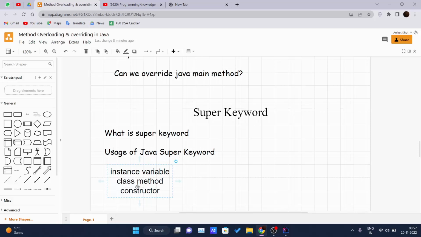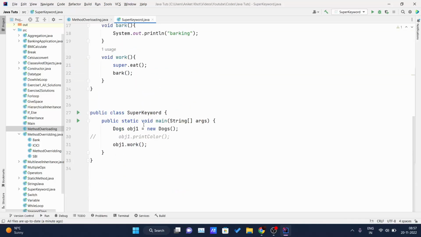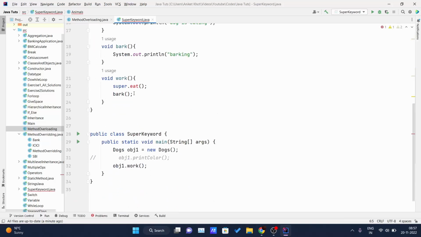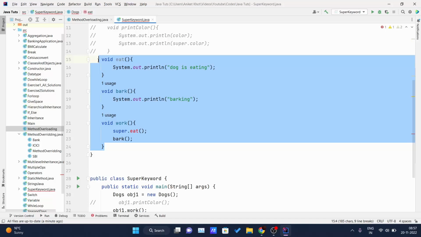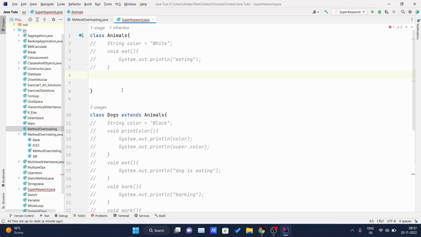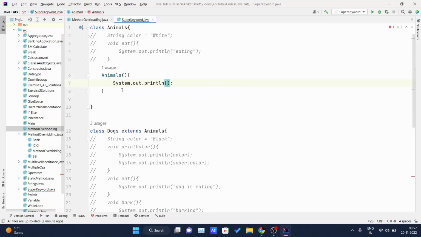Okay, now we will see how to call the immediate parent class constructor. Invoke, not call, we will invoke. So in this example itself I will make some changes so that you guys can understand it clearly. Let me comment this out, and here I will comment this also. Now inside this parent class I will declare the constructor for this class. Animals, this is the constructor, and this constructor is simply printing